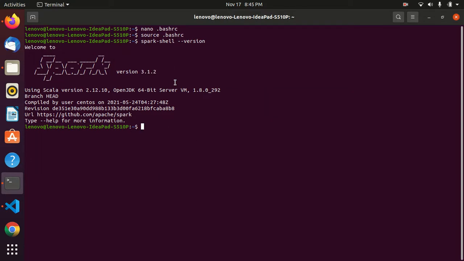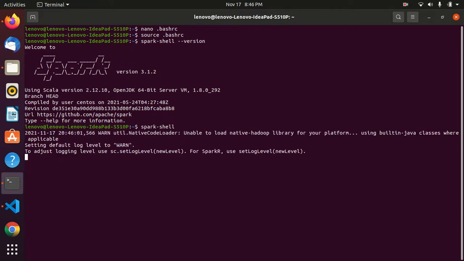And now, to shift to the Spark shell also we can use spark-shell. Directly it will get there. So let's wait.